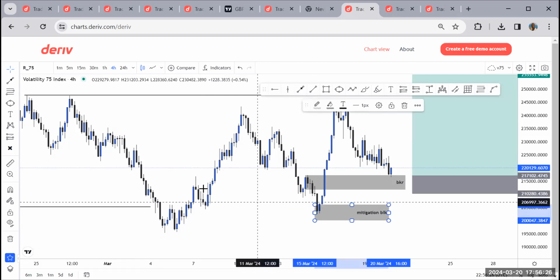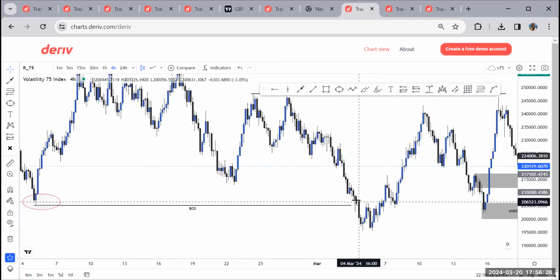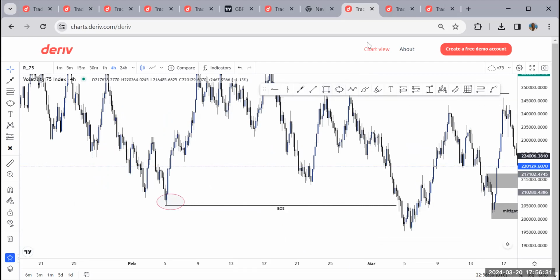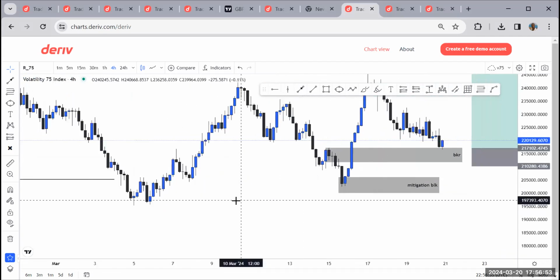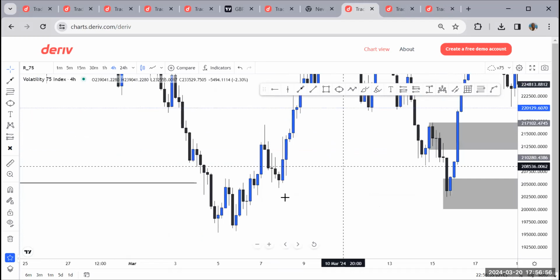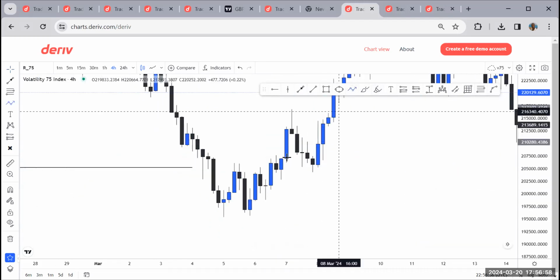So they are not mentioning this area. Okay. This was a swing low. So the market came back here and took that swing low. After taking the swing, let's look at what happened. Let me zoom in here. After taking the swing low,